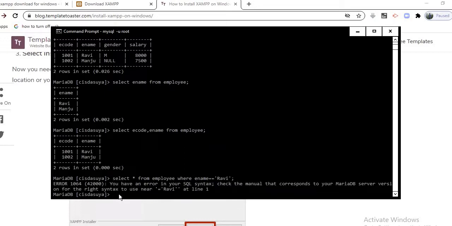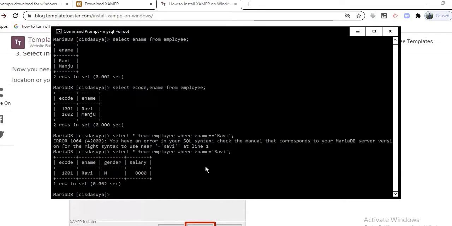So there is a syntax error: we have to use a single equal to here, not double equal to. Just use the arrow key, move back, remove one of them, and press the enter key. So now you see here that we have placed the condition that we want to see the records where the employee name is Ravi.